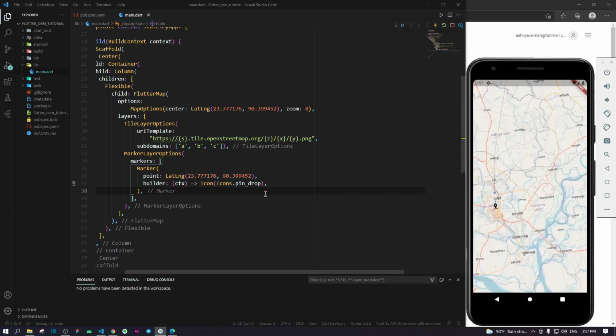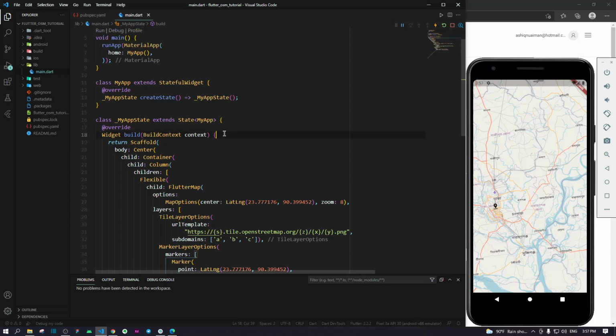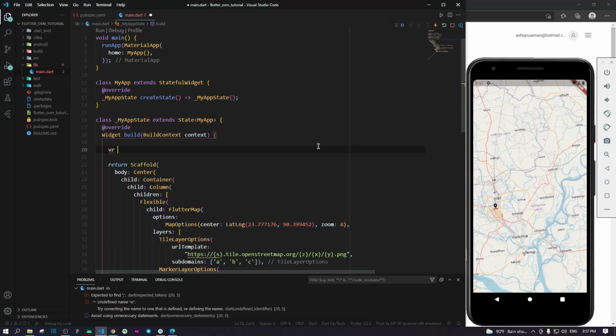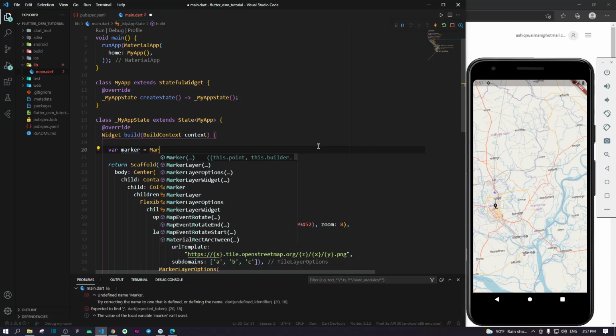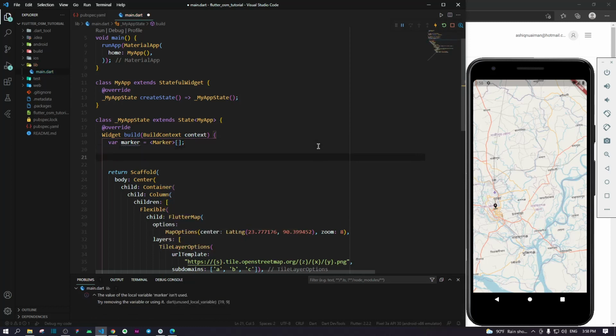Alright, what I would like to do now is add a few different coordinates here, right? So what I can do is come up just above the Scaffold. I'll add a var markers equals to, type of a Marker, and it's a list. Now in the markers, what I want to do now is markers.add